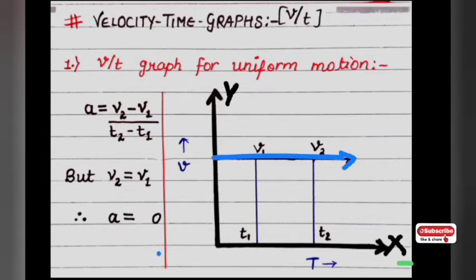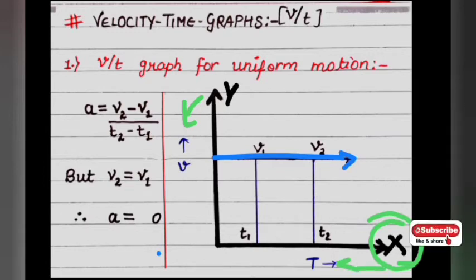Now here in the uniform motion, we can see that the x-axis is denoting the time and the y-axis is denoting the velocity. The common thing that you can see over here is that the x-axis always denotes the time axis. So time is always denoted using the x-axis. Here the graph line is the one that you can see in blue color. What does that graph line mean? Here the velocity is remaining constant.